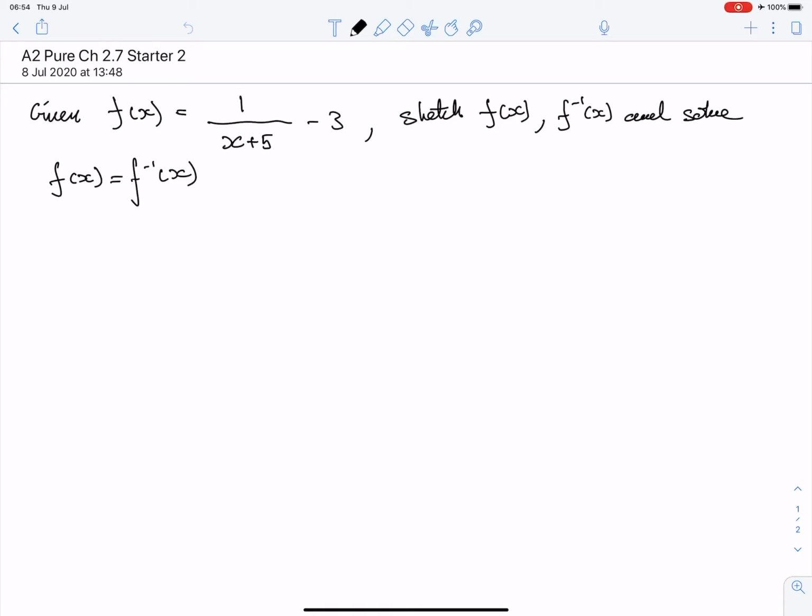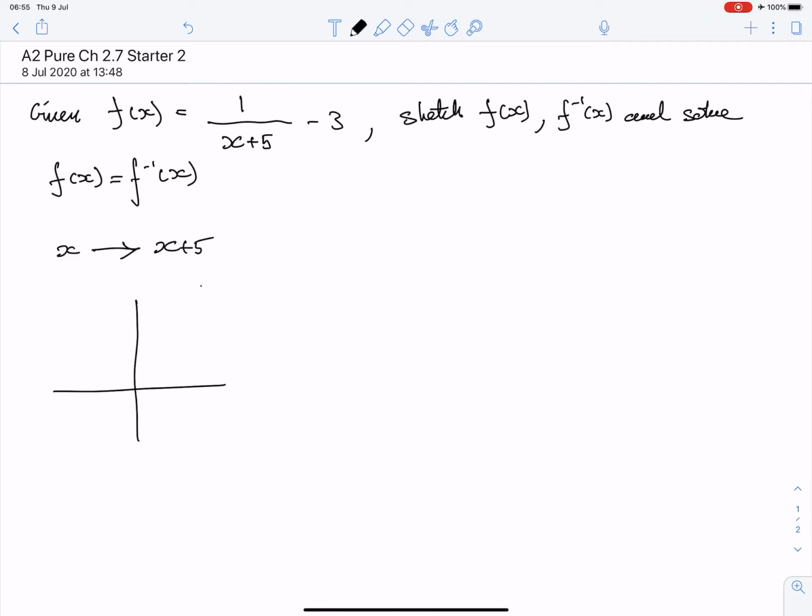Given f of x equals 1 over x plus 5, minus 3, sketch f of x, f inverse of x, and solve f of x equals f inverse of x. So let's have a look at these sketches first of all. If we start with x getting mapped onto x plus 5, we know that that's going to give us a